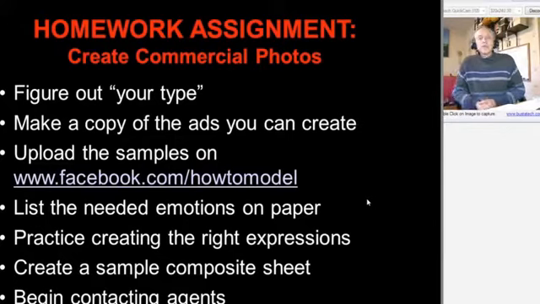Then think of a real experience in your life that will give you that emotion. And then you're going to look away from the camera, say a word or two, or make a sound that will help bring that experience back. Look up, and then just get anybody to take some pictures of you. Once again, it can be a cell phone. Actually, some of those look incredible. If it's a digital camera, it could be a throwaway camera. Who cares? Do maybe 5, 6, 7 shots of each expression that you're trying to hit,